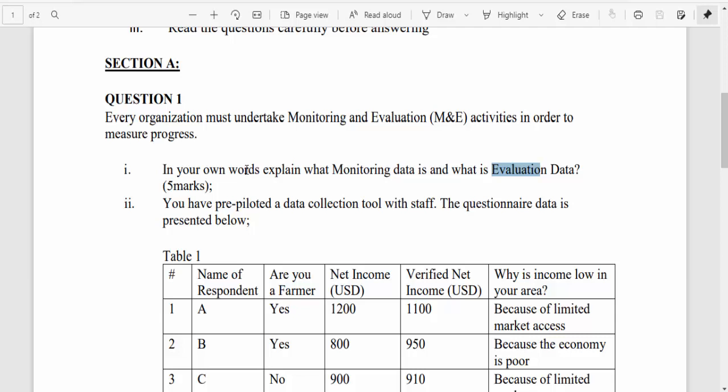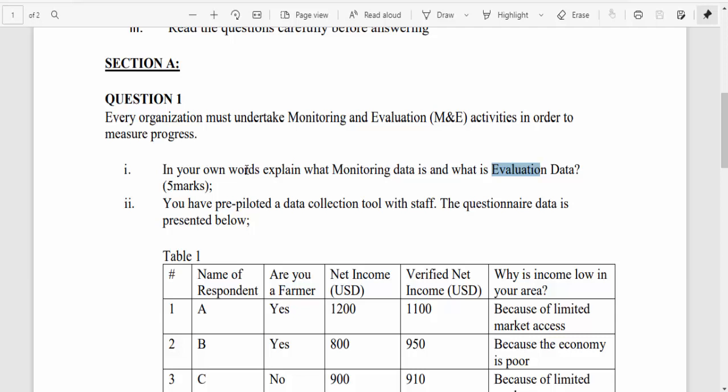Then, when you talk of monitoring data, it's the data that you collect when you're doing your actual tracking of activities. Don't repeat the same term in your definitions; try to branch out. Then evaluation, the same thing. It's the data you collect when you're doing your in-depth assessment. So these are 5 marks.